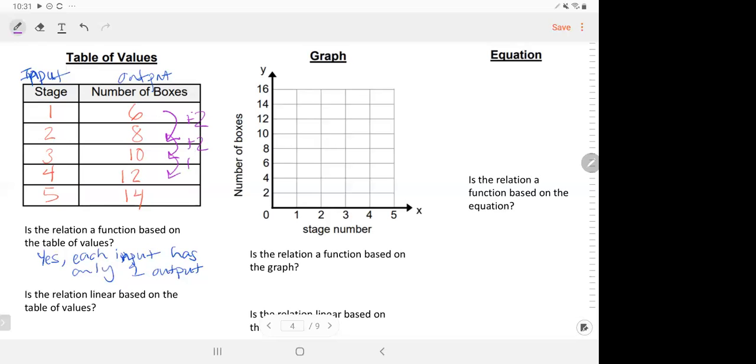And if we look, we do this every single time. So what we call this plus 2 is called the first difference, because it's the difference between the y values, or the difference between the output. So if it's asking if it's linear, I'm going to say yes,